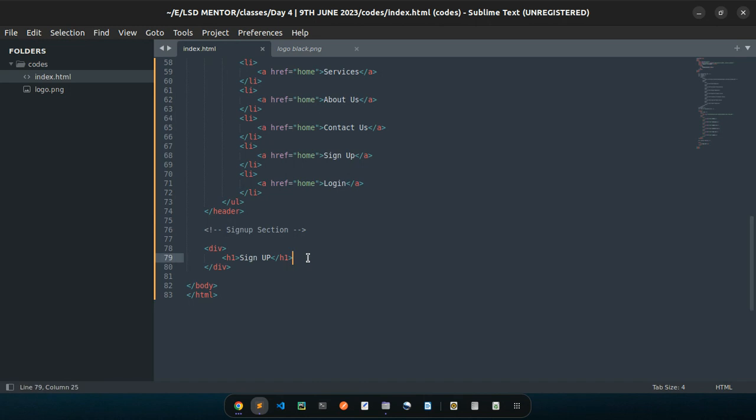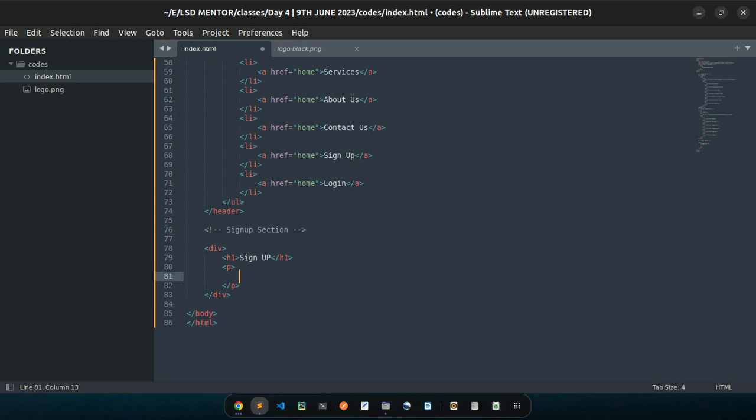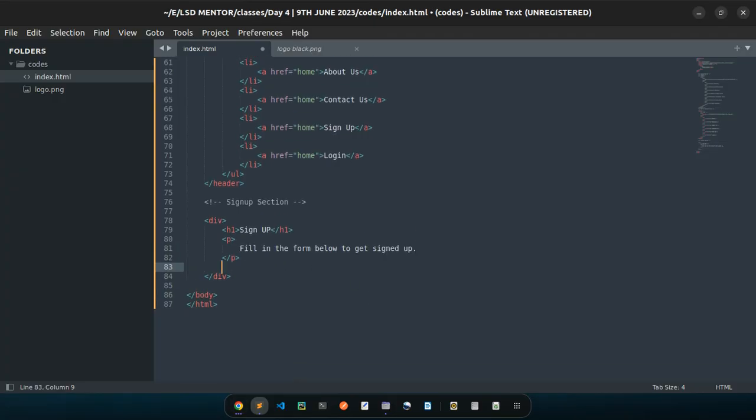So we need to create a form, but before the form, to create p tag here, and we say, fill in the form below to get signed up, like that. So that's ile tu text ya kuambia mtu fill in the form, but usually with the title they can be able to follow through, but it's good to follow up with an explanatory text, isikuwe mrefu sana, just some words. Then tutafanya form yetu hapa,